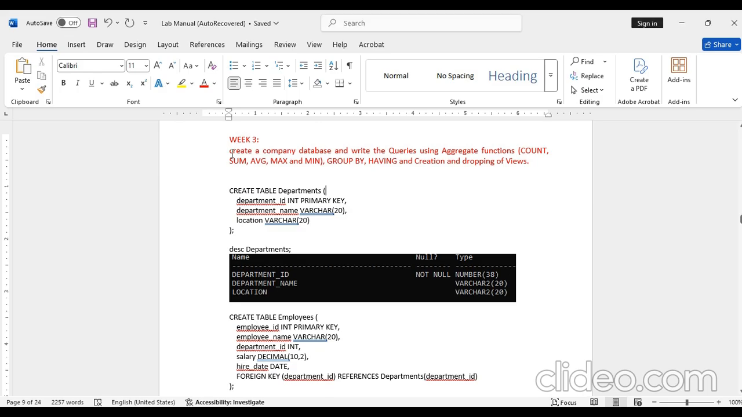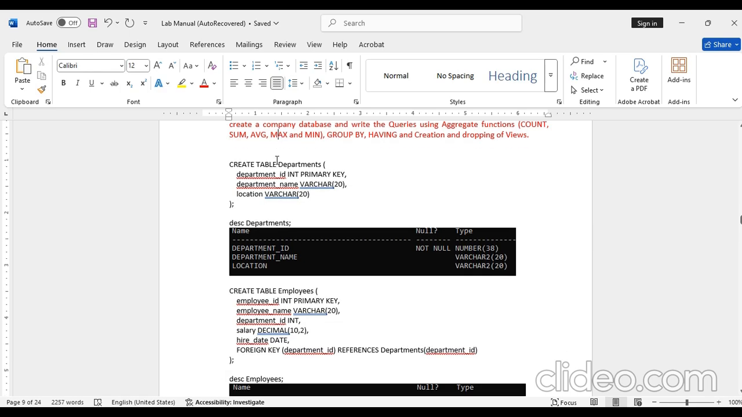So week 3 program is all about creating a company database and writing queries using aggregate functions: count, sum, average, max and min. And you can use GROUP BY, HAVING, and the creation and dropping of views. We have to create some views, and we can also drop the views, and these are called aggregate functions. So let us